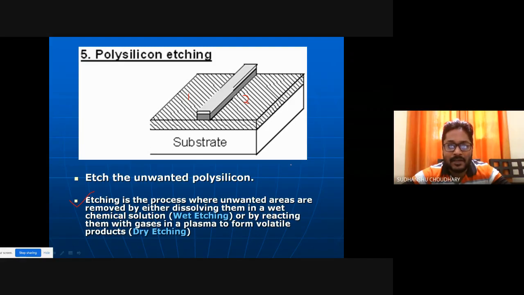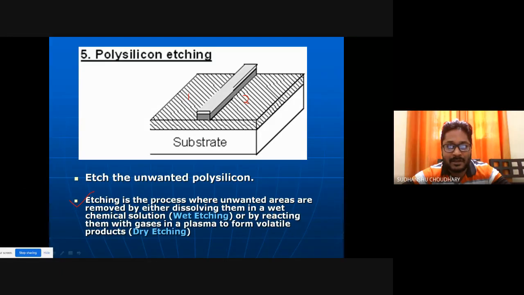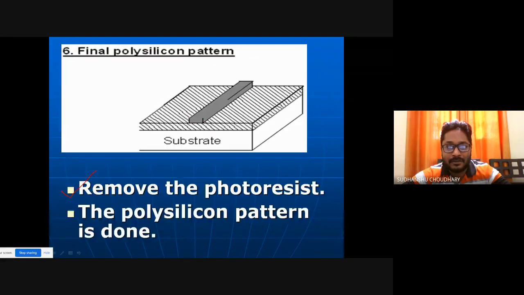Now, after etching out the extra polysilicon, one can also remove the photoresist, because we wanted to pattern this polysilicon layer, that is, define a gate region. For the gate region, you only need silicon dioxide in this region and a gate over it.